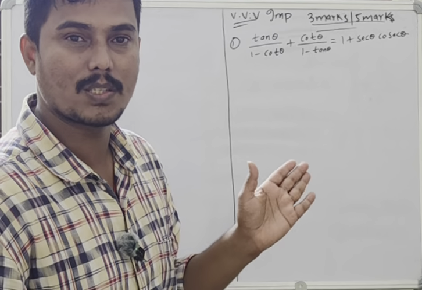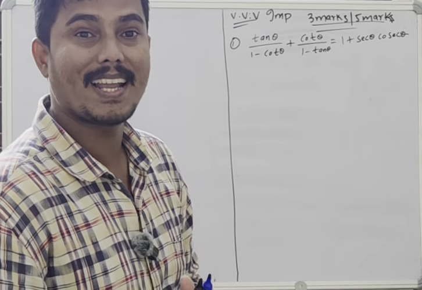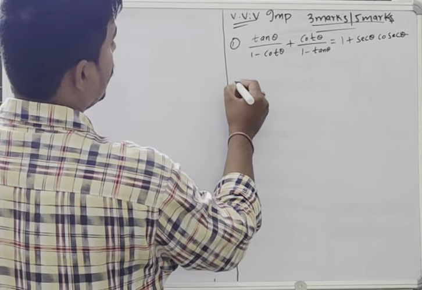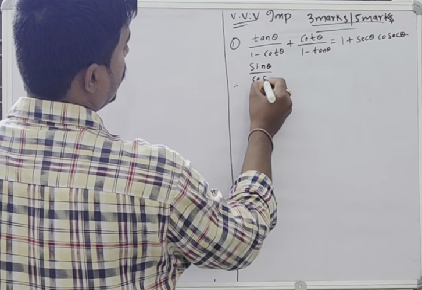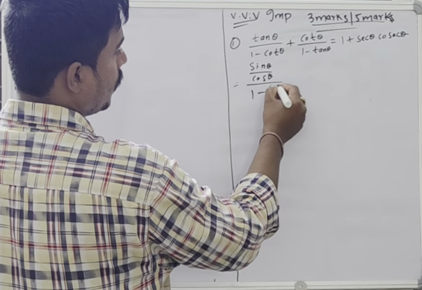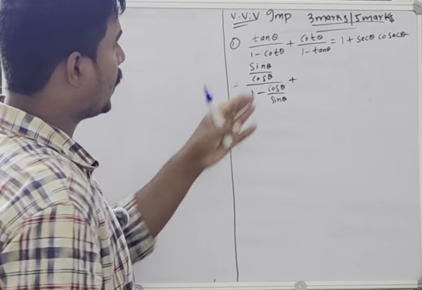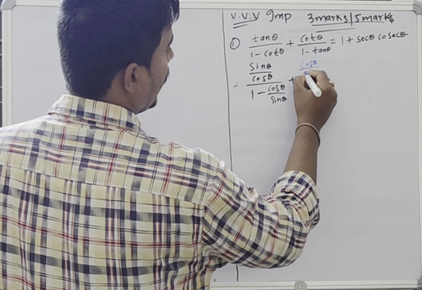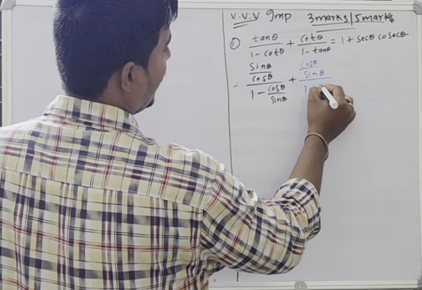For a proof, take the LHS. What is your LHS? This. After taking this, express them in terms of sine and cos. So what is tan theta? Sine theta by cos theta by 1 minus what is cot theta? Cos theta by sine theta, plus cot theta written as cos theta by sine theta by 1 minus sine theta